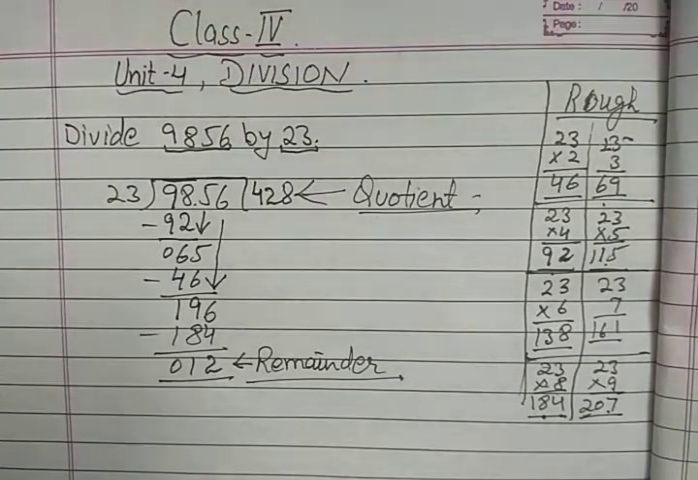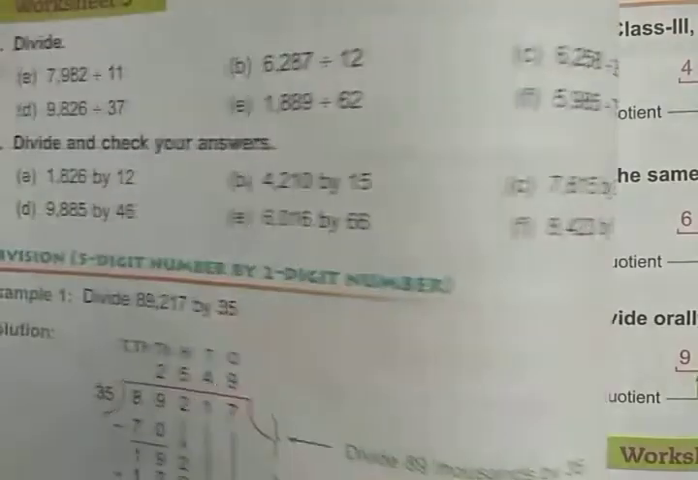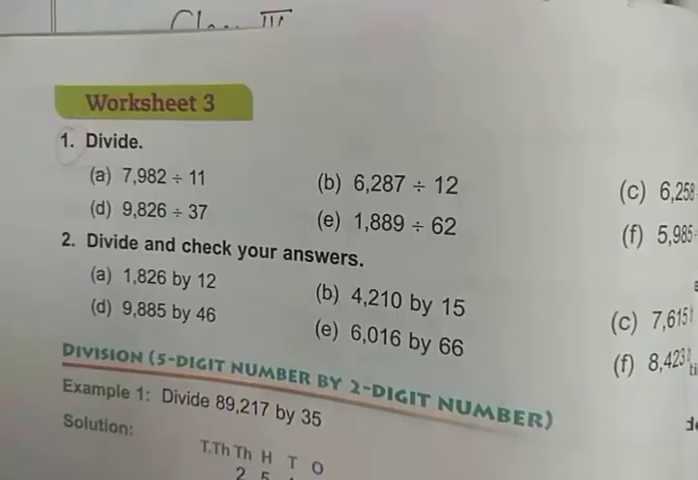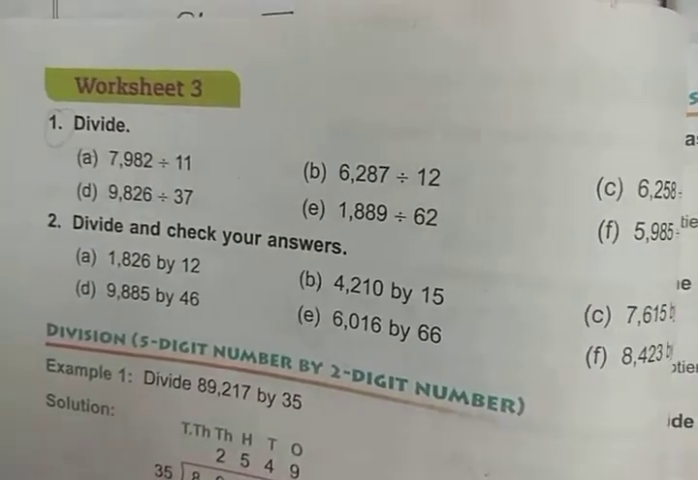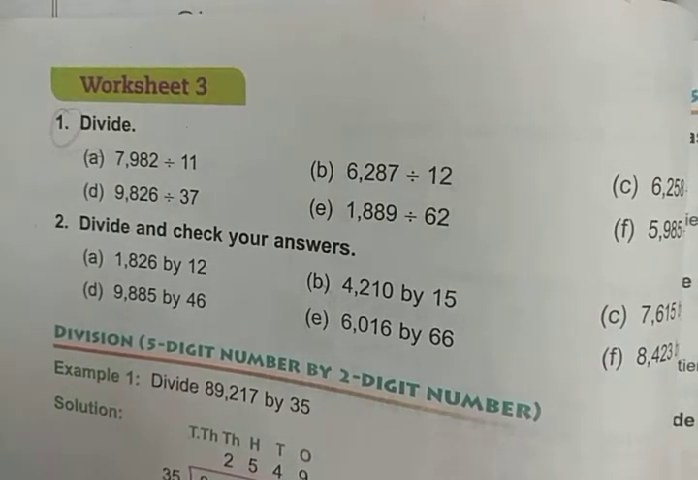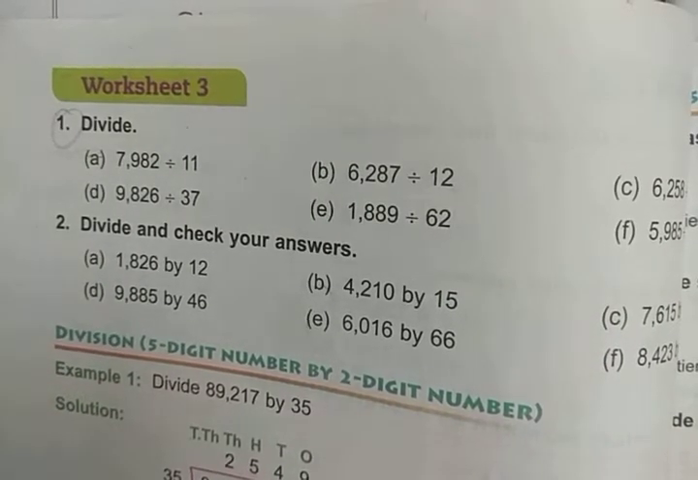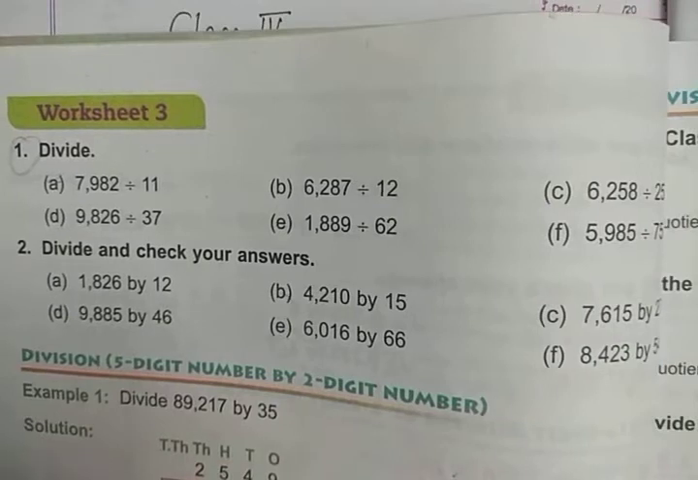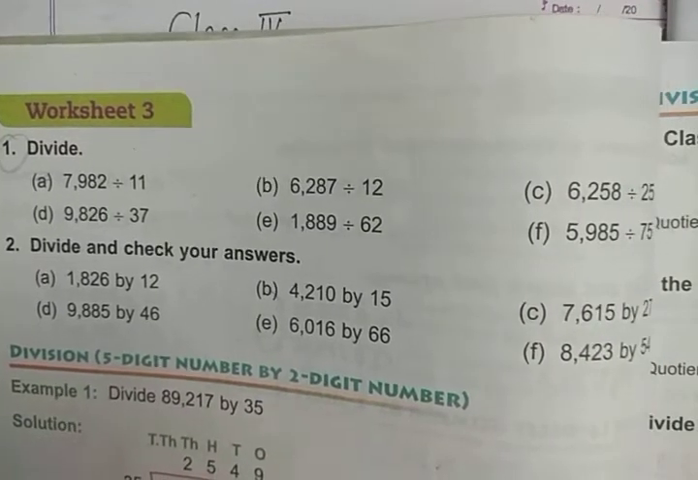Now let us start worksheet number 3 of unit 4. So here is the first question, that is very easy. 7,982 divided by 11. Why easy? Because we all know the table of 11. And I have already told you to learn the tables